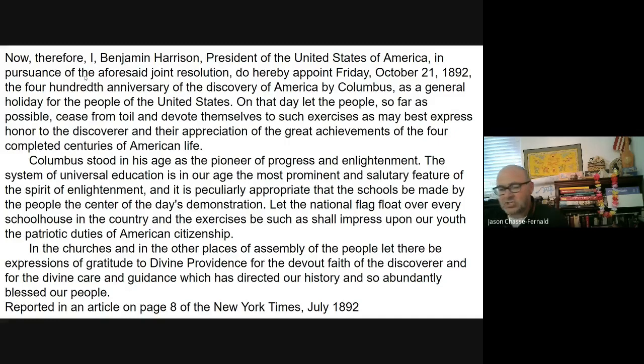So now I need to give the so what statement. I need to connect what I just said back to something that is in the document. I would say something to the effect of, 1892 being an election year, the president may hope that celebrating a famous Italian will help him be reelected. So I've now connected it directly, not just to the source tag, but also to the topic that the passage is about, Christopher Columbus.